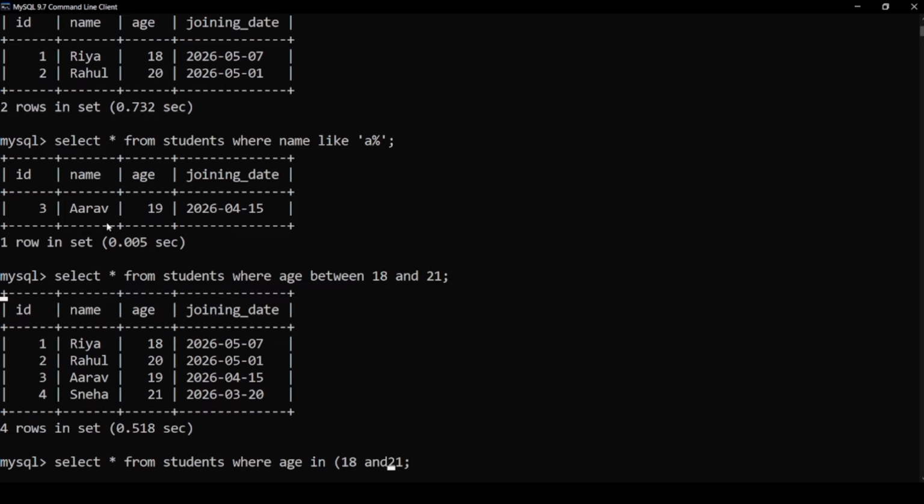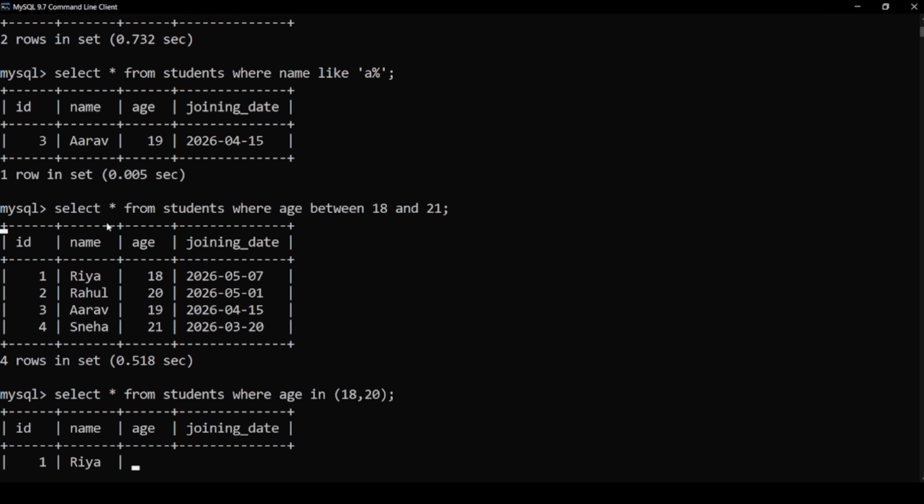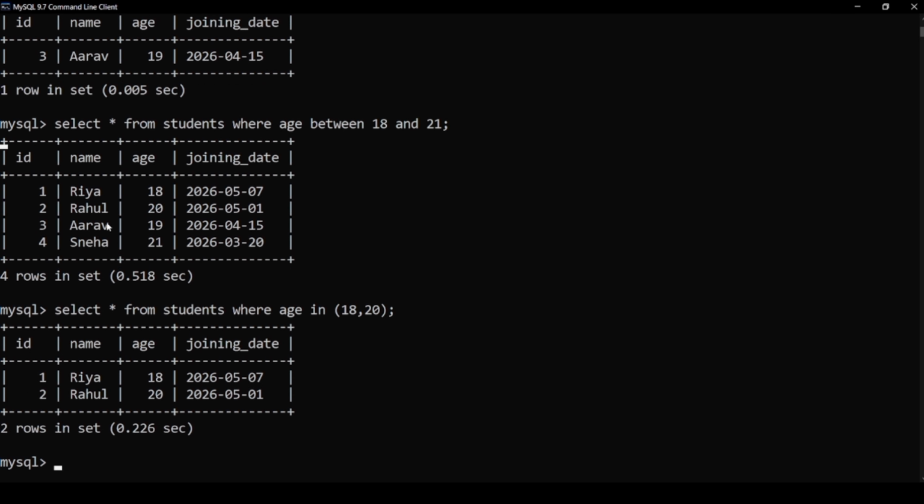I'll change the age, I'll write here 20, and I'll close the bracket with a semicolon enter. Now here, what does it do? It displays the students whose age is either 18 or 20. Instead of writing the or condition multiple times, we can use in. So in and or are basically the same thing.